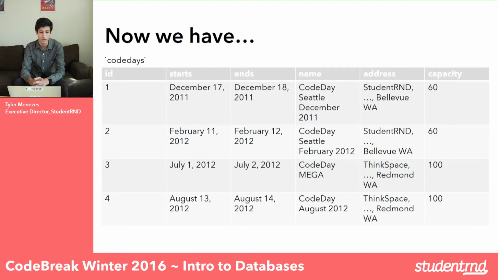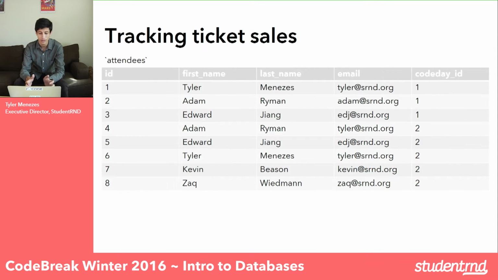I will add, for example, this auto increment thing to this table, and now I have an ID number, and each ID number is separate. So now, let's say I want to start tracking ticket sales, and I want to know who it is that registered for a particular event. Well, again, each attendee is going to have their own ID. They're going to have a name, a last name, an email, and